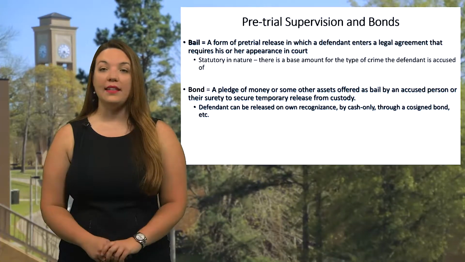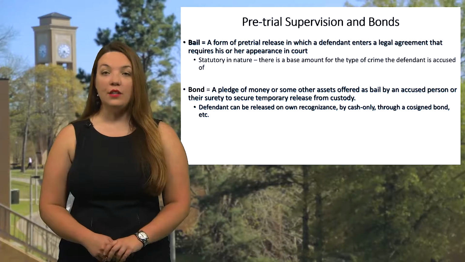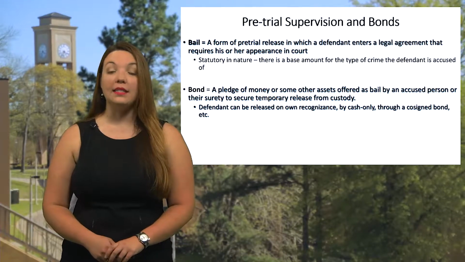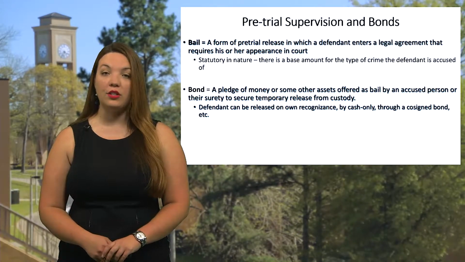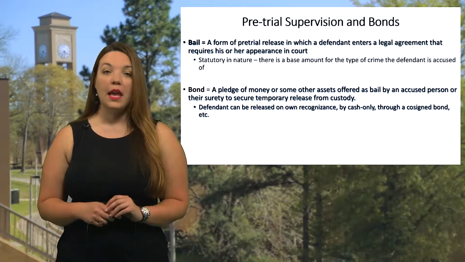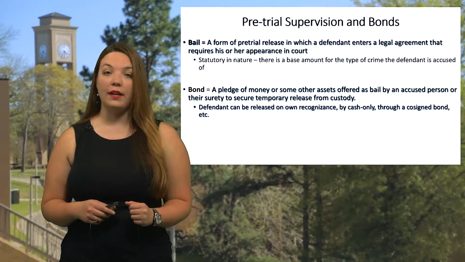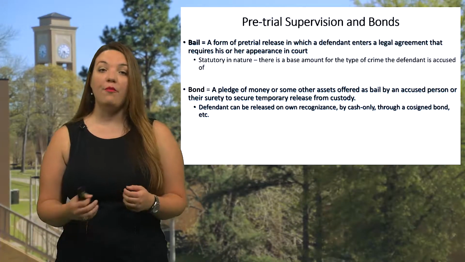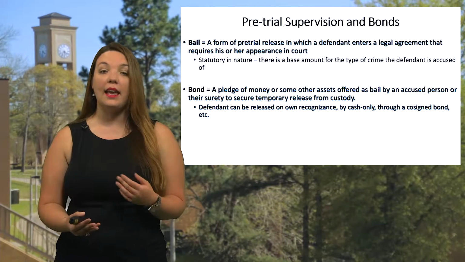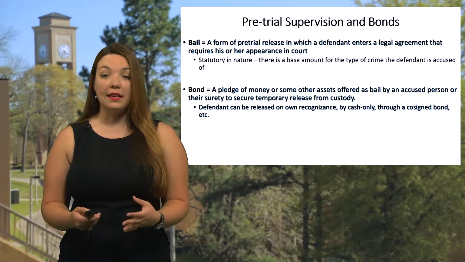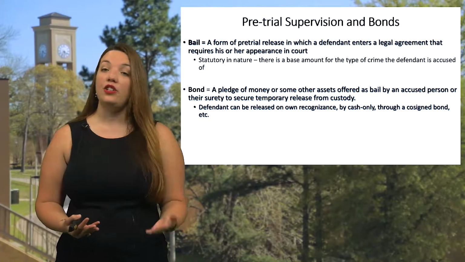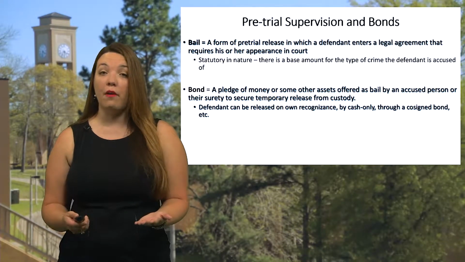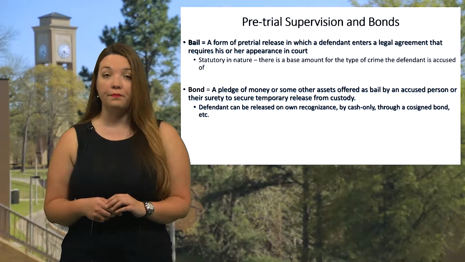To begin with, we have to discuss what bail and bond actually are. These two words are often used interchangeably, but they are not the same thing at all. To say that someone was released on bail is incorrect. Bail is the type of agreement reached, but not the actual form of release. Because bail is based on statutory categories, there then is normally a set amount for the specific crimes in question, but the type of bail agreement can be reached based on mitigating and aggravating circumstances. Bail basically means that in exchange for something, a signature, money, maybe collateral, I promise to show up for my court hearings. If I don't show up, then I forfeit whatever I promised to the court.